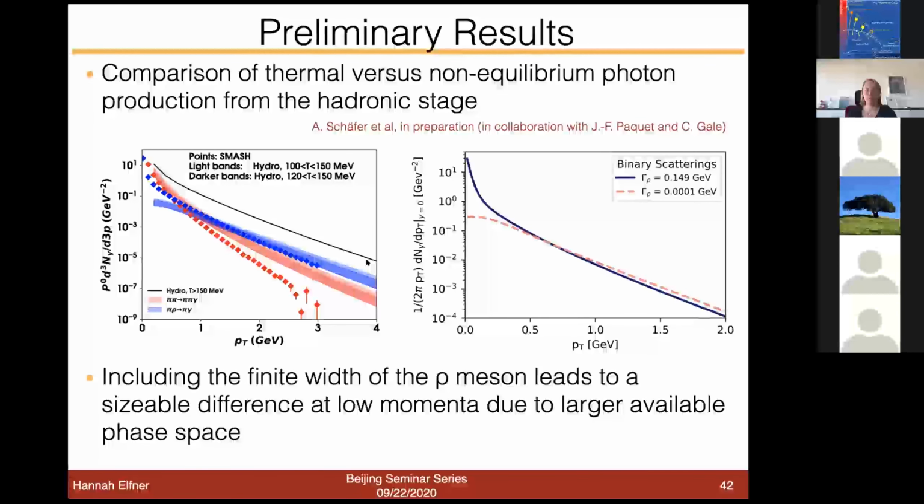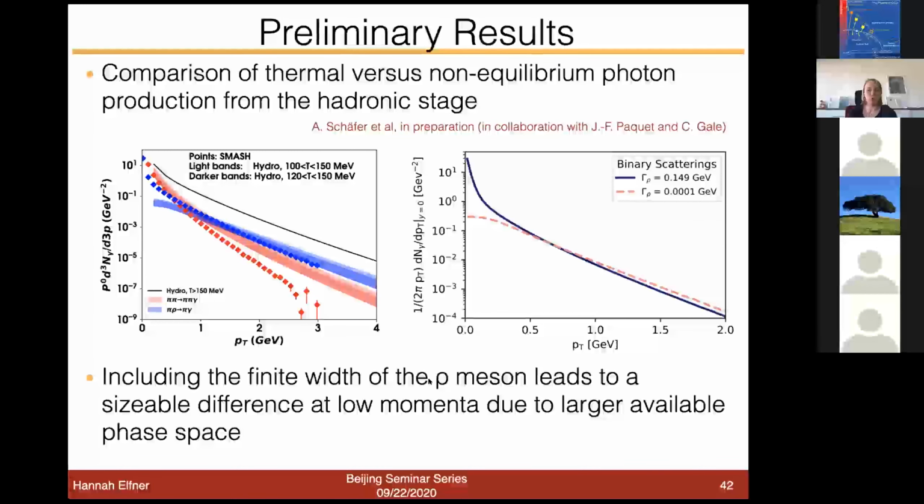But in our SMASH calculation, it of course has a width, because otherwise our processes don't really work as they should be working for the final state hadronic rescattering. So here you can see the difference it makes to give the rho a width of 150 MeV, which is what it should have, compared to having almost no width, so being almost stable. And that really makes this big difference basically between these two curves, and can actually explain this difference between the two blue results here. So I hope that we are having more results along those lines in the near future here.